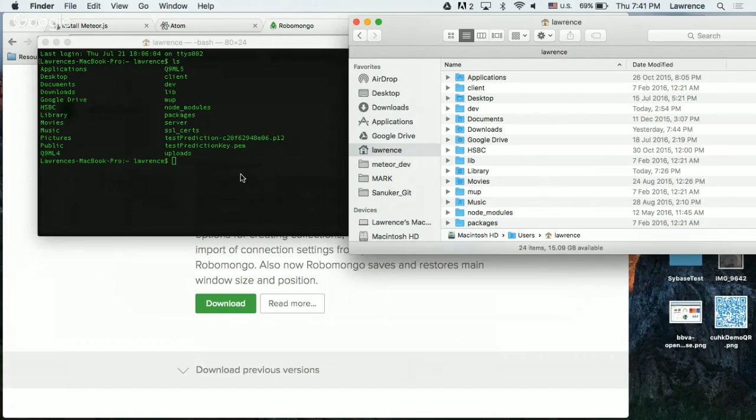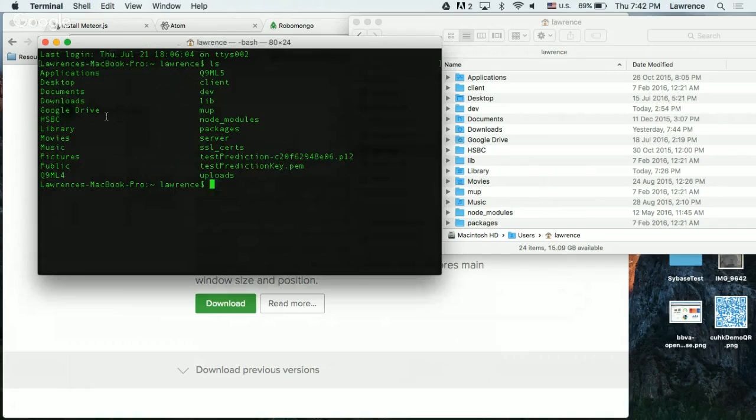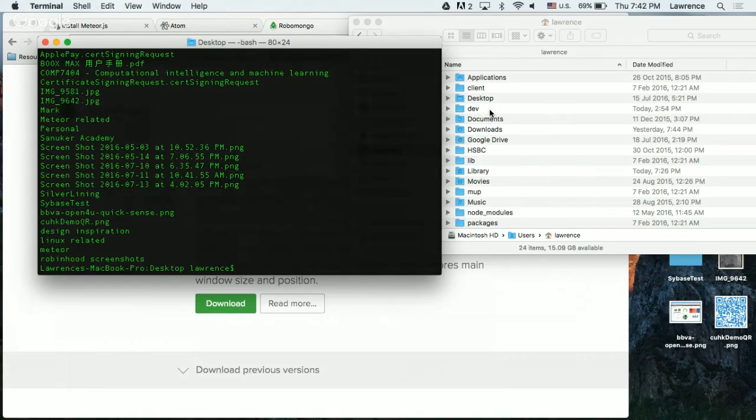We are going to have another command to navigate into a folder. On a Mac, you can see there is a Desktop folder here. If I want to go into a directory, you type cd, which is change directory, then a space, and then type Desktop. To save typing time, you can type a few letters and then press tab, and it can auto-complete for you. Then press enter and try ls again, and you will know that you actually went into your Desktop.